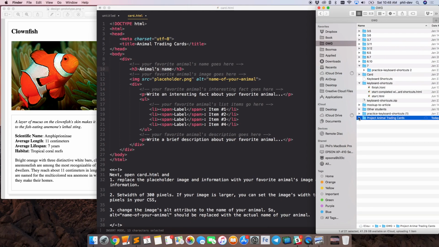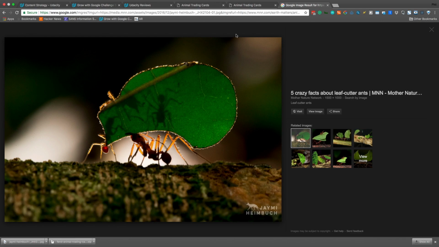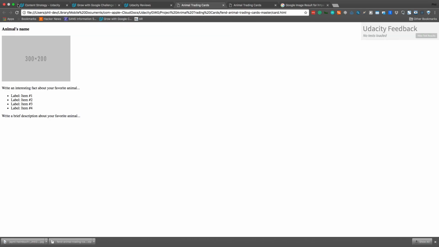All right, so it's there. But remember, we have to put this in the same directory as our cards.html. Right there. Okay, so this is the file name. So I guess I'll just copy that and change my placeholder PNG with the image. All right. And so name of your animal, let's call it leaf cutter ants. Okay. All right. So I'm going to save this, and I'm going to go back here and go to this one and